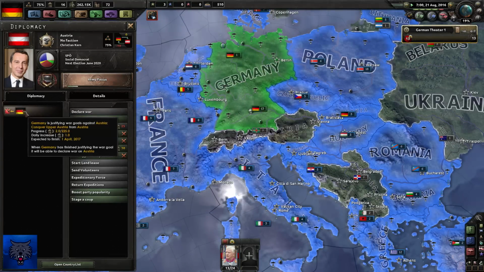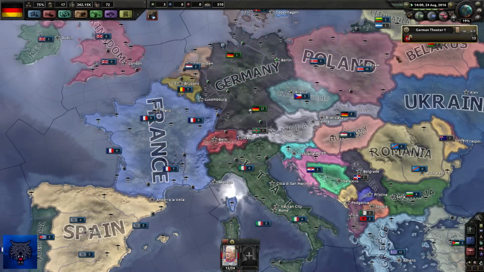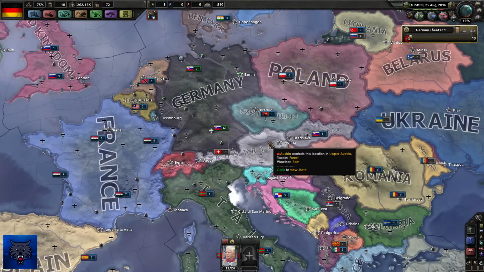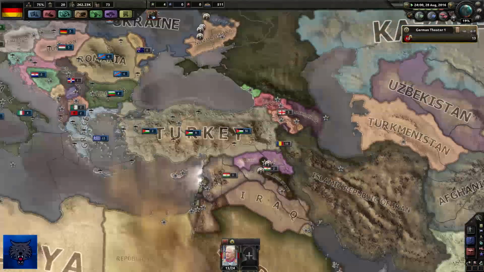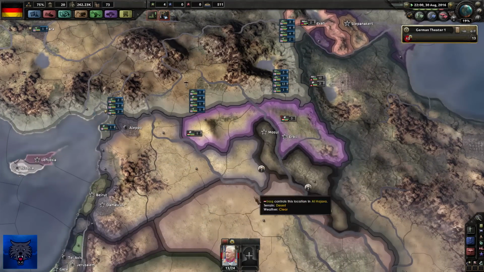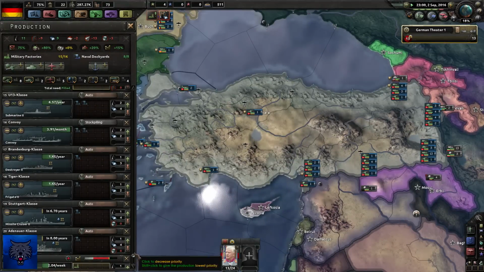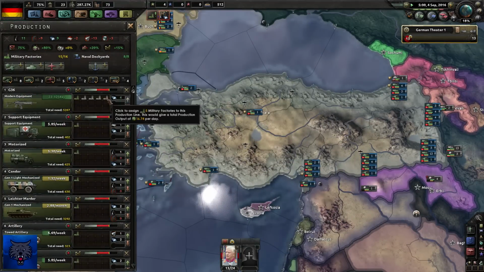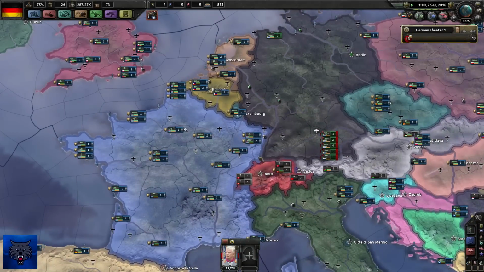So that's going to be done on the 1st of April 2017. Okay, it's currently the 24th of August 2016. The Ukrainians are still fighting. And it looks like the Kurds in Syria are actually smashing the United States here. We've got some free military factories. Let's pretty much pop all of them onto our guns, because we need more of those G36s as quickly as